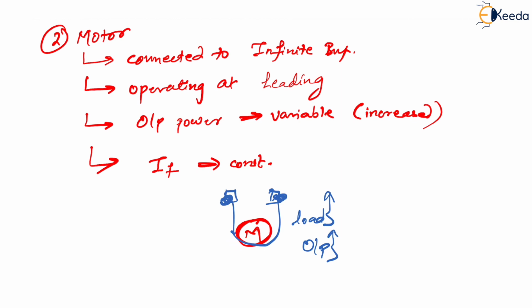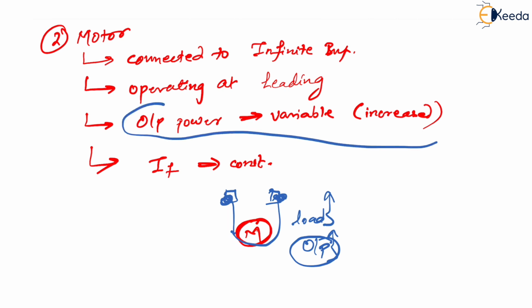It means it will absorb more. If output is increased, definitely input power has to be increased. So if input power is increased, that is the reason. Can I take this aside? So we can say the power is going to be what? Vt Ia cos phi, the electrical equivalent of that mechanical power. So it is nothing but Vt Ia cos phi.